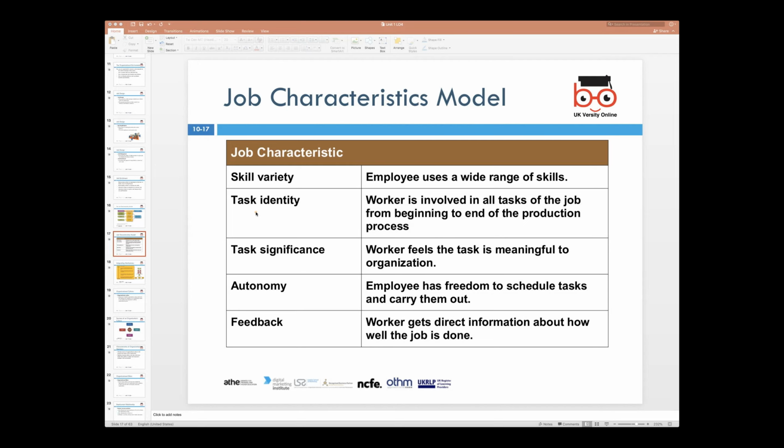Then autonomy steps in. When you've been working in the organization for a number of years, you have been comfortable with that role, you have been performing, what managers tend to do is they build something called autonomy in your role or job description, which is to say that you have the freedom to make certain decisions. You have the freedom to schedule the tasks the way you want. So departmental heads or line managers who manage or supervise a number of staff normally have the autonomy function in their job